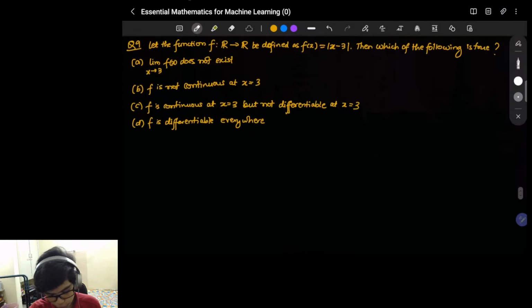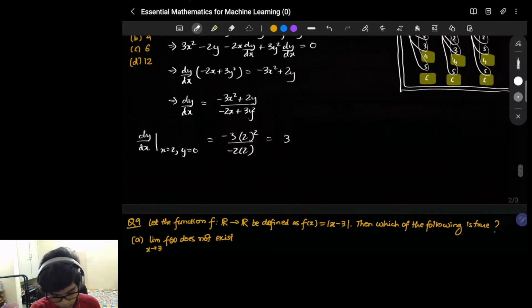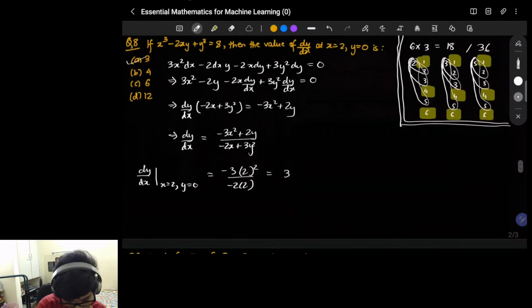Next we have a question on function. So we are sorry, what are you trying to say? Yeah, yes. In this equation, right in the starting, you want to put, then where you want to put? Here you want to put